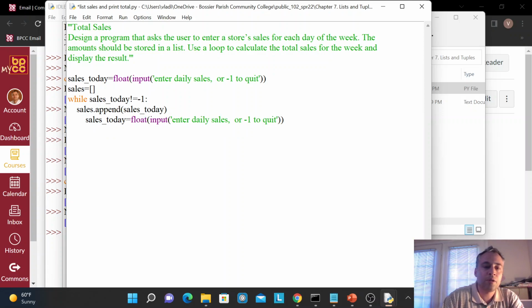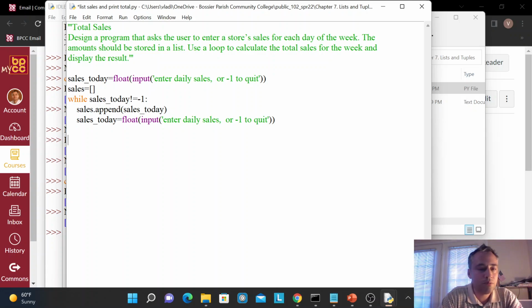So this will populate the list with user-entered data. And then we will be able to compute the total. I could compute the total right away as we are running through the list, but I'm choosing not to. And after we are done entering,